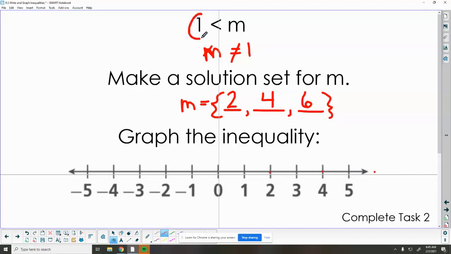So I come back to my inequality. So I need to find 1 on my graph. So I make a nice big circle. And this has no equal sign. So right, the garage door is not shut. So I leave it open. That can escape out of there, out of the solution set. And I draw my arrow this direction to include all of my solutions. So M does not equal 1, but it can equal anything bigger than 1. So using that information, go ahead and complete